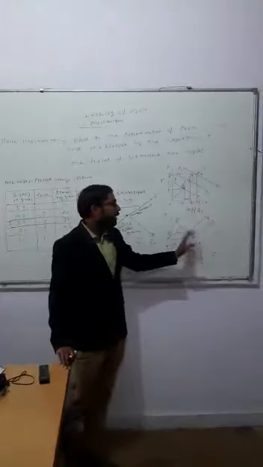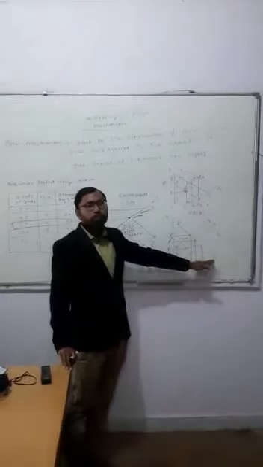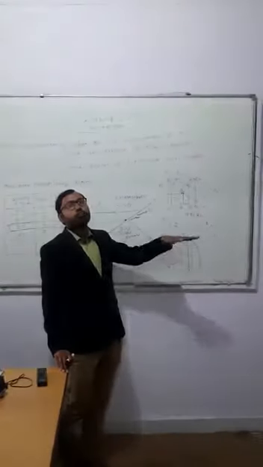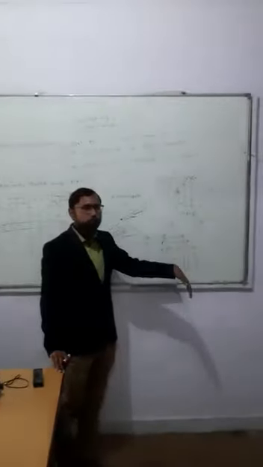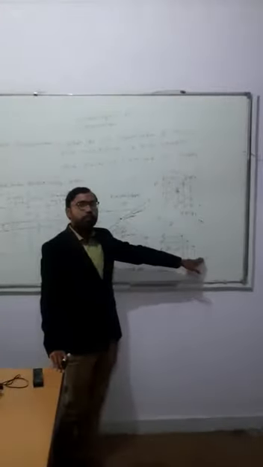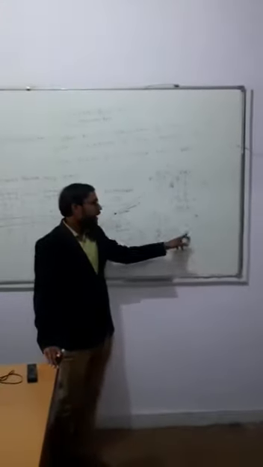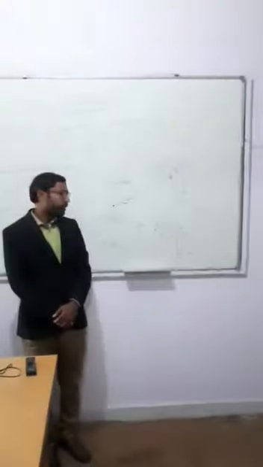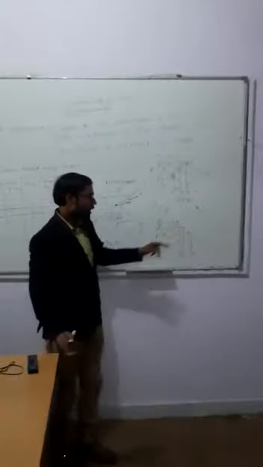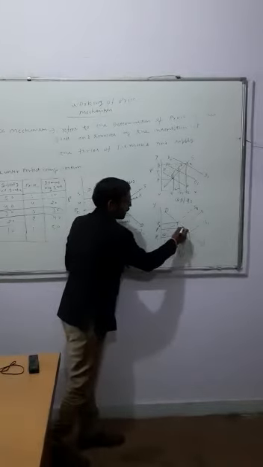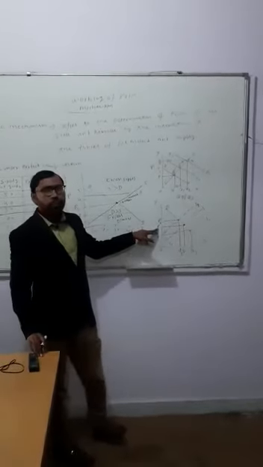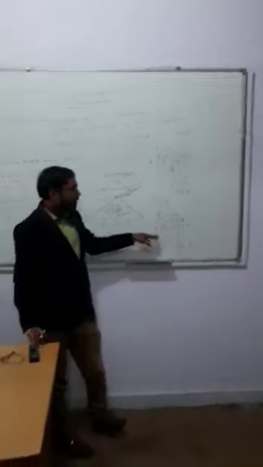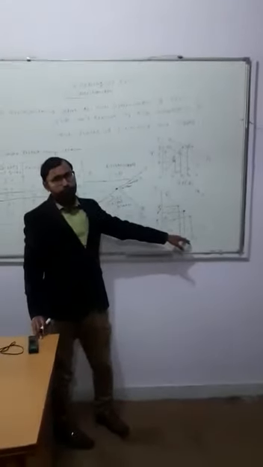Next, here demand is constant. Here we have a single demand curve. Now we will see the effect of supply on equilibrium. Here DD is the demand curve and SS is our initial supply curve. At this supply curve, demand and supply intersect here. So P is our equilibrium price and OQ is our equilibrium quantity.